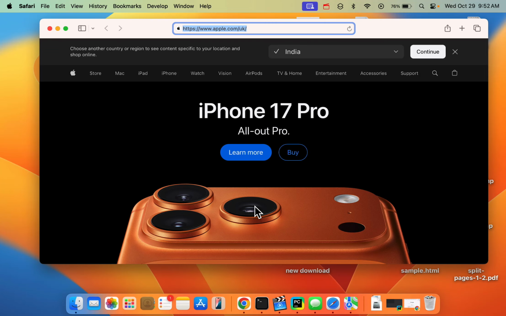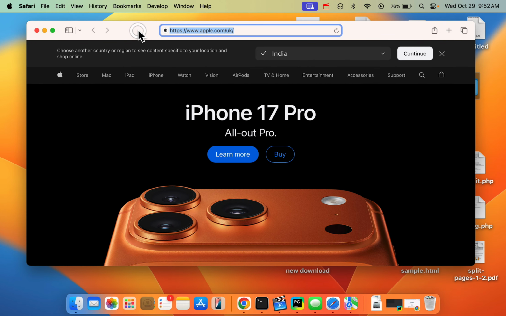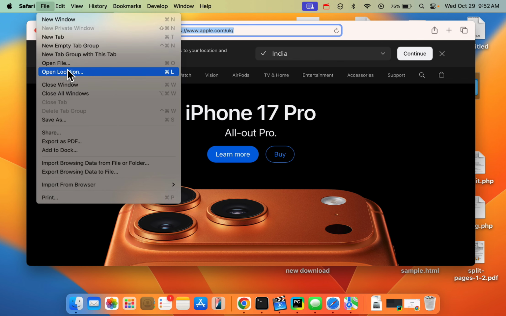Guys, so let's see how to convert any website into an app on Mac and use it as an app on Mac. So let's say, for example, I have taken this Apple website and I want to keep it on my Mac as an app. So for that, just open the website and then click on File